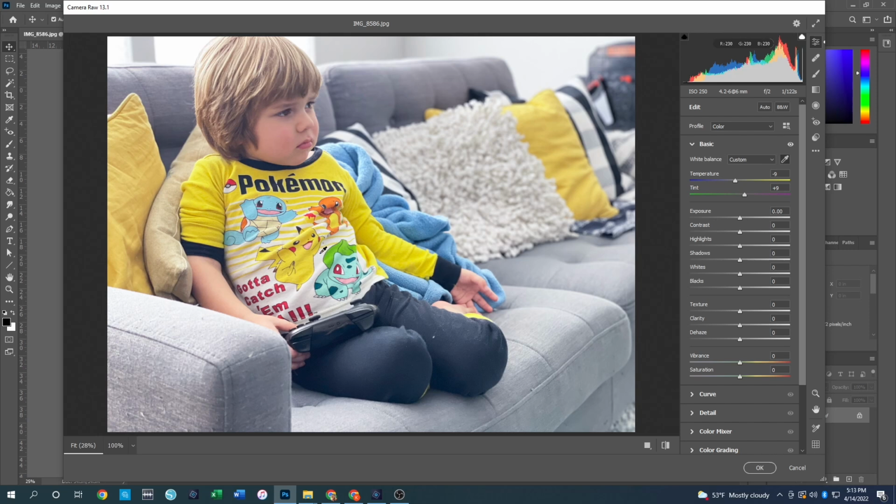So the adjustments are going to, in this case, make my photo a little bit bluer and also a little bit more purple. So this is a really quick way to adjust your photos so that the lighting is truer to what you're actually seeing versus what the camera picked up when you took your shot. So if you take nothing else away from this, this is the tool that changed my life, the